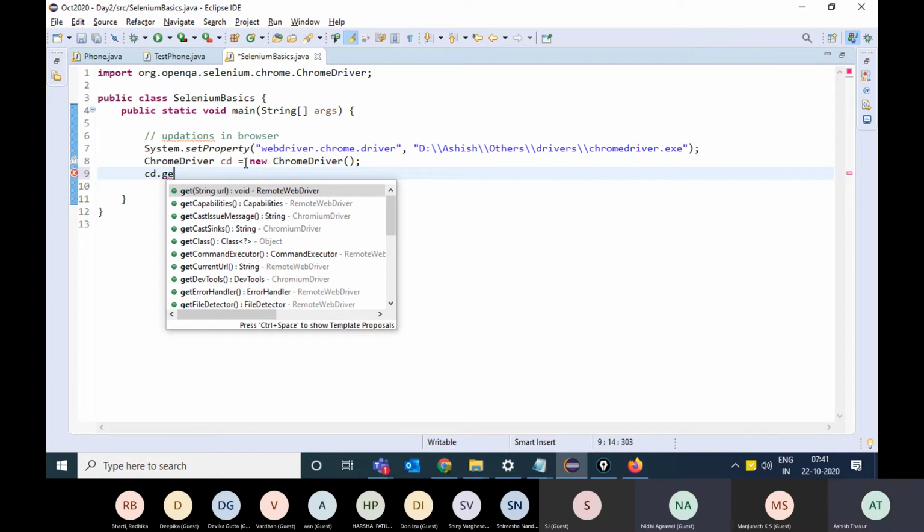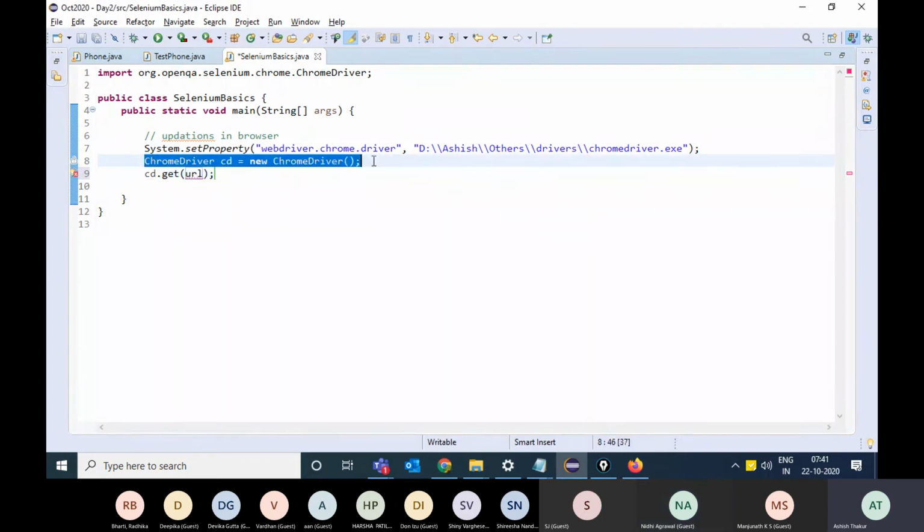When in grid you set up the nodes, you need to set up the exe on the nodes. On the main machine, you don't need to keep these things, and on every other machine you are doing parallel execution, you just need to set up the exes on the nodes. That's it.